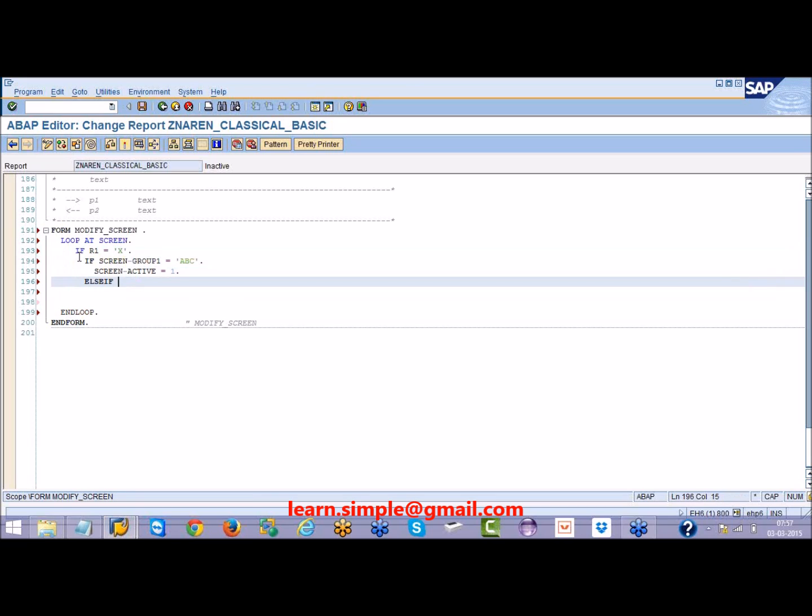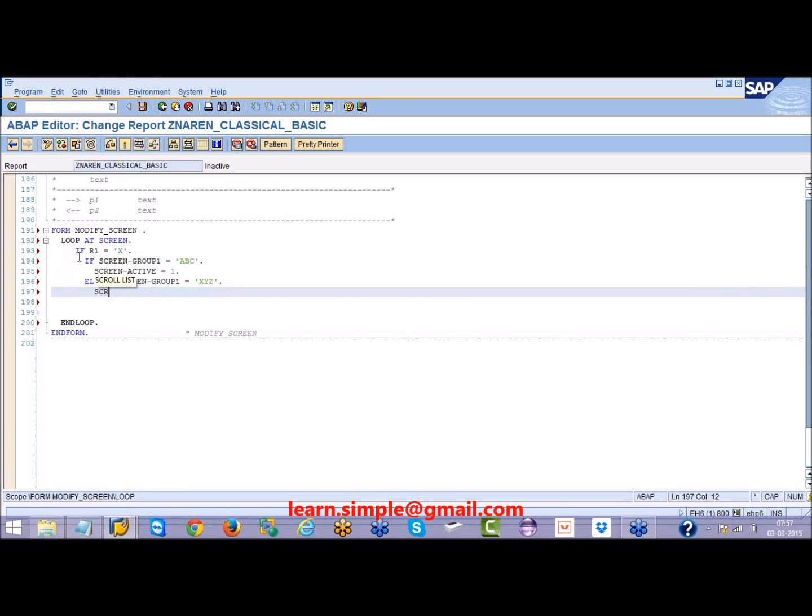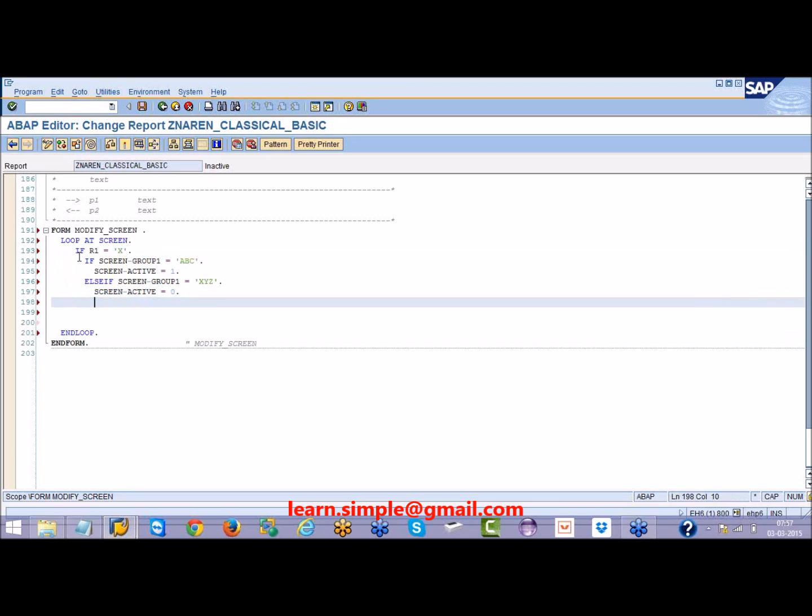Else if screen-group1 is equal to XYZ, screen-active equal to 0, and if